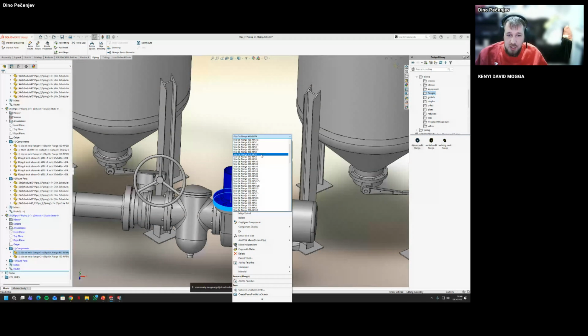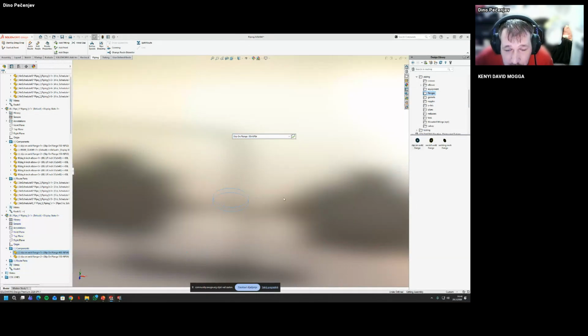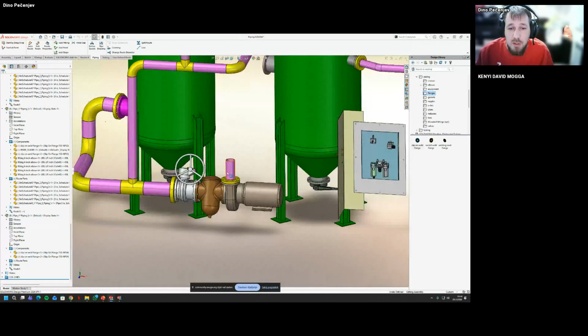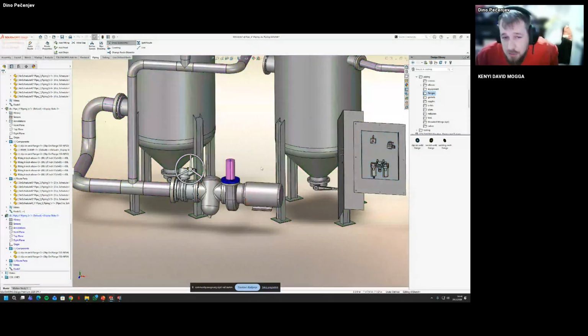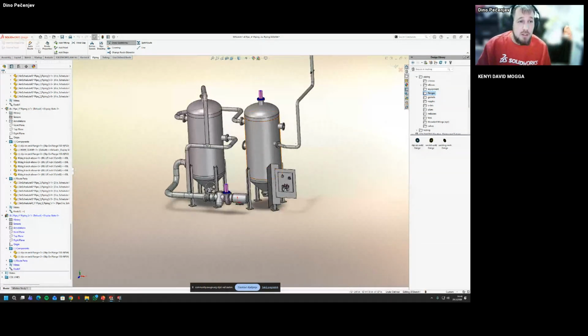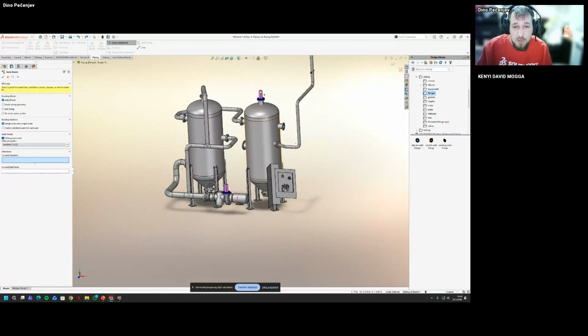Basically we use the configurations, nothing additional regarding that part here. The CD NPS 4. Okay, and we're rolling. Right click on the route, edit route, and we're doing it again.